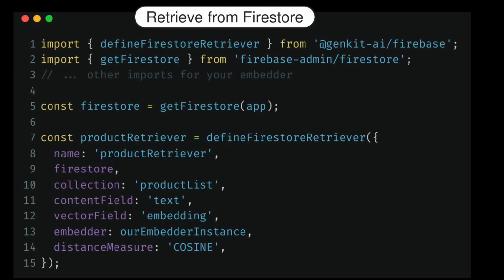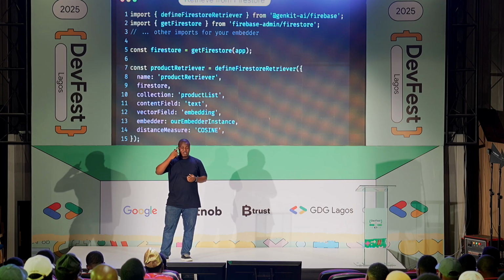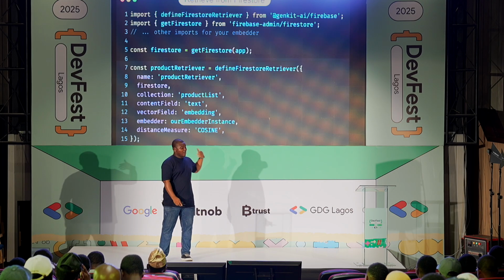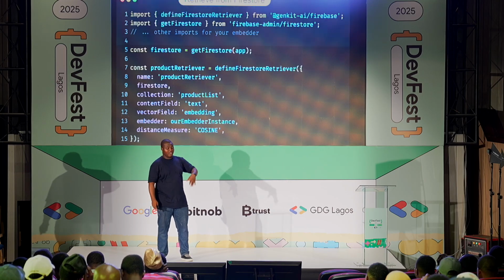So let's look at what it looks like to create the retriever. You remember we said the request goes to a retriever, and the retriever fetches the content that you have on your product DB and returns it. If you look at line 1, it's basically very simple. The assumption is you've already done npm install Genkit AI on your system, right? And basically the first line is just importing the content. As it imports the content, it also uses the Firebase admin to import or use Firestore. The next thing on line 5, as well as any other embedding, is there,